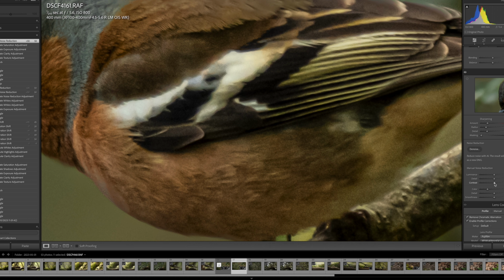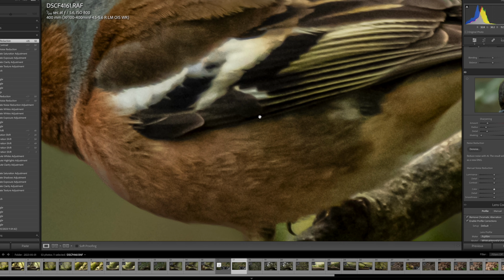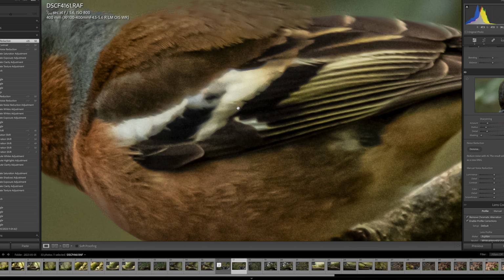It was set to 50. So let's do this. Set all these to 50. Now, as you can see, it has done a fairly decent job of reducing the noise,